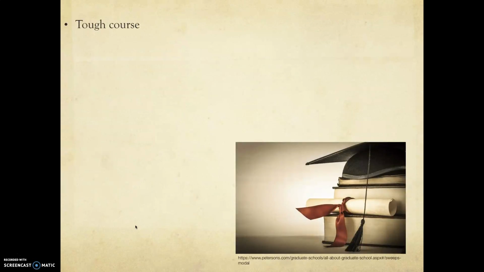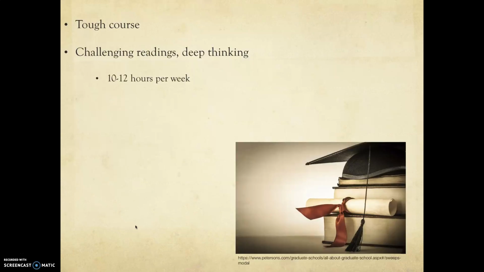This is a master's level course, and I want to be really transparent that it is a tough course. There's a lot of reading and challenging material, but more importantly, you'll be asked to think about commonplace things such as the news and social media in ways you probably haven't done before. As the syllabus says, you'll need to make time for the course, about 10 to 12 hours per week, and you'll need to commit to thinking deeply about things that may not always make immediate sense to you. As graduate students in communication management, it's this kind of knowledge and the tools to think differently that will set you apart from your peers in the workplace.